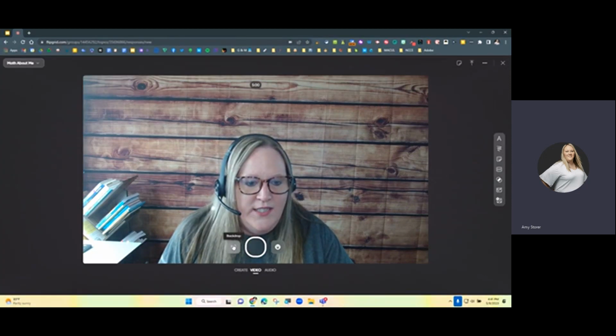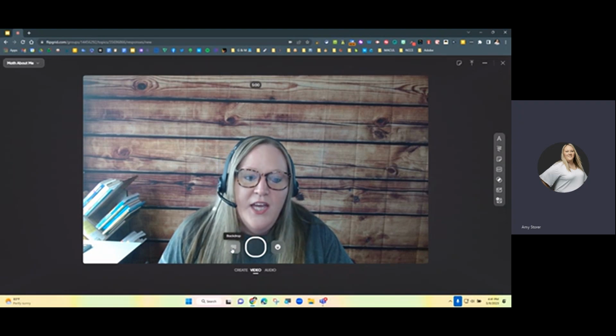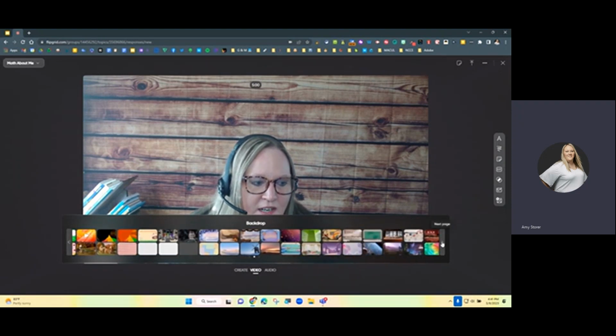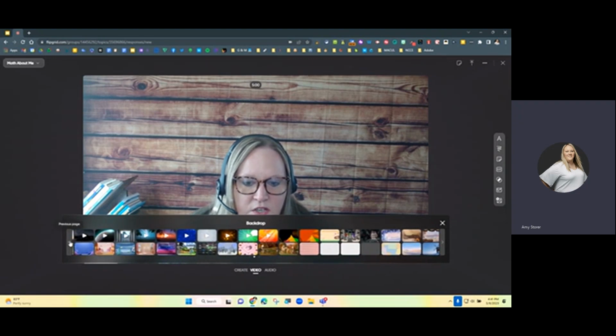All right, so once again, here are all the fun things you can add to it. You could do a backdrop. Just be aware, this backdrop is going to run your computer warm. It's going to slow down some things, etc. So just know if you choose one of these fun backdrops here, it might be a little laggy depending on the device that you're using.